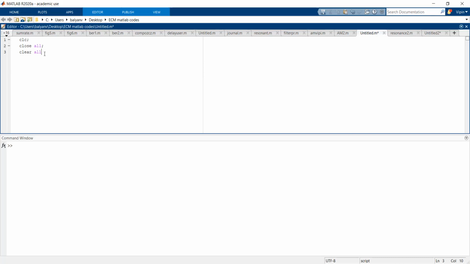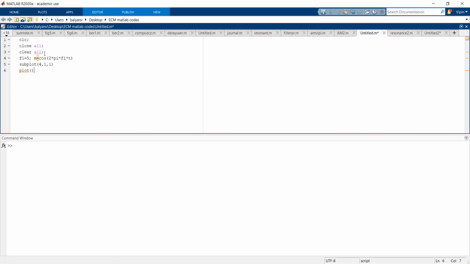So these commands are common as we did for previous labs. So suppose I have one frequency f1 equal to 5, and then depending upon that, I have a message signal m equals cos 2 pi f1 t, and we are again using the subplot command to plot this signal. Subplot 4 comma 1 comma 1, plot